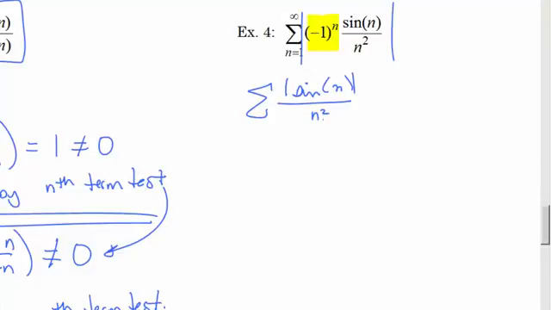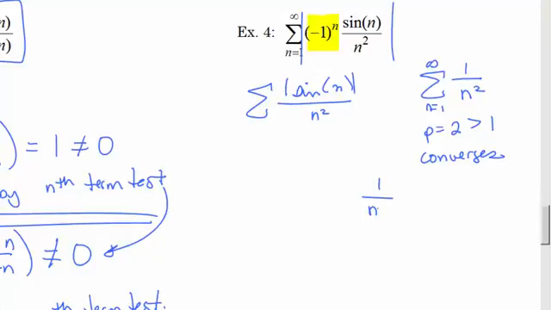So that kind of looks like a compare type thing. So I'm going to compare it to 1 over n squared. I know that series is a p series. P is 2, it's greater than 1, so that converges. But I'm using a comparison, so I'm either going to use the limit comparison test or the direct comparison test. I think the direct comparison test is going to be fairly easy. Okay, so I take the one I compare it to